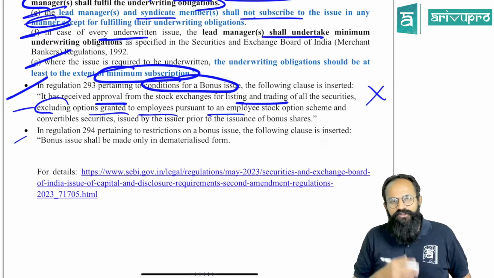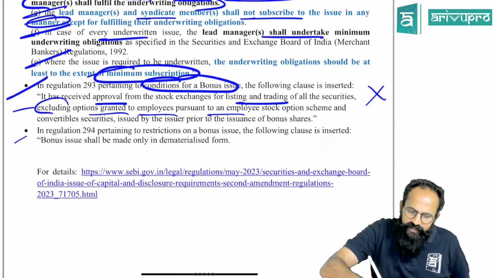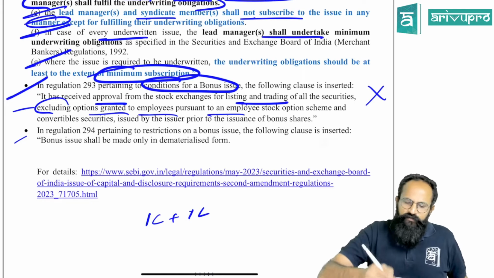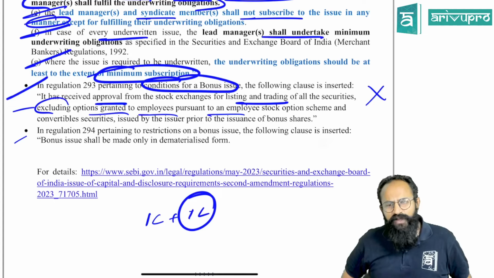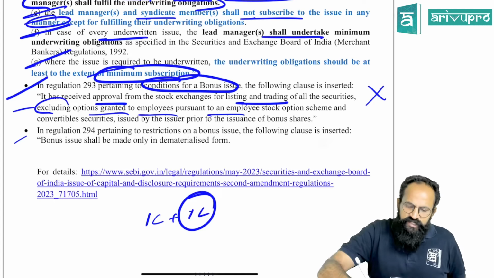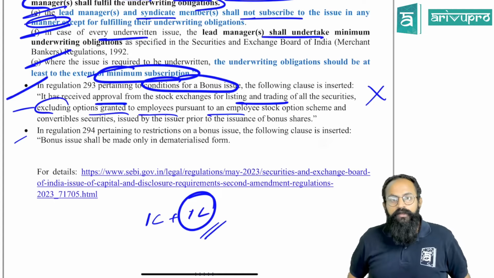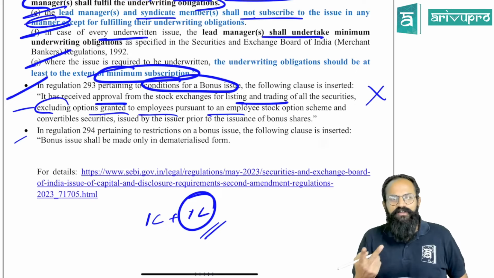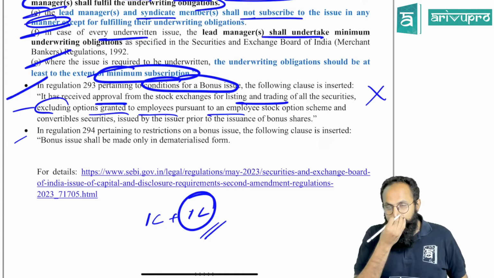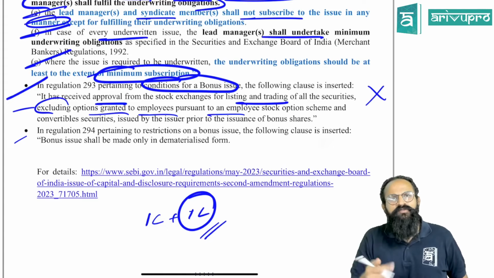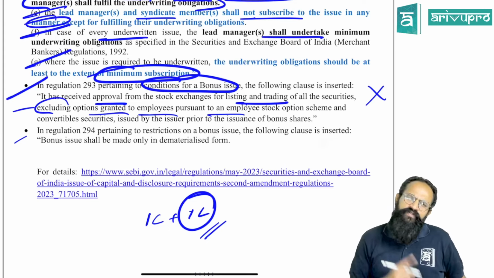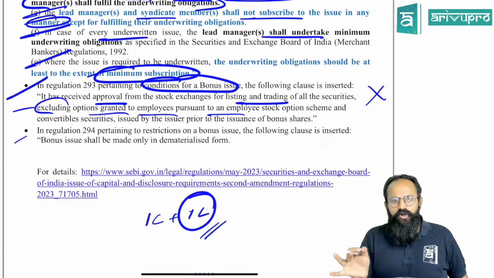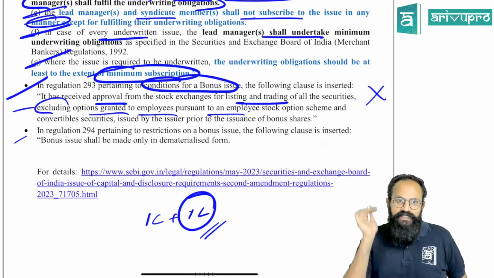They're telling you whenever you're issuing bonus shares, imagine a company already had 1 lakh shares. Now they're issuing another 1 lakh shares as bonus. You need to file an application with the stock exchange to list the additional securities as well. So whatever are the securities, everything you have to file. 2 things you need not list. What is that? Whatever are the options granted to the employees, because people, it is not yet exercised. Once it is exercised, you are going to list it. Before it is exercised, you have just given an option. That part need not be listed yet.